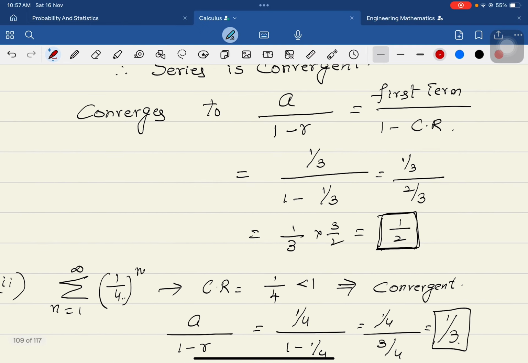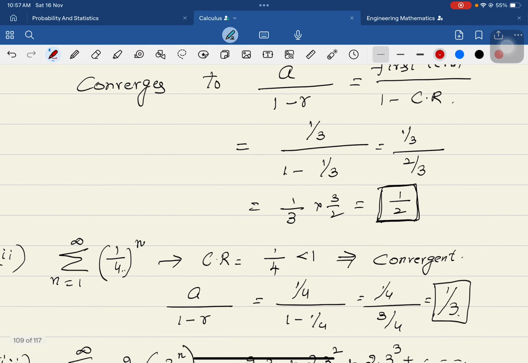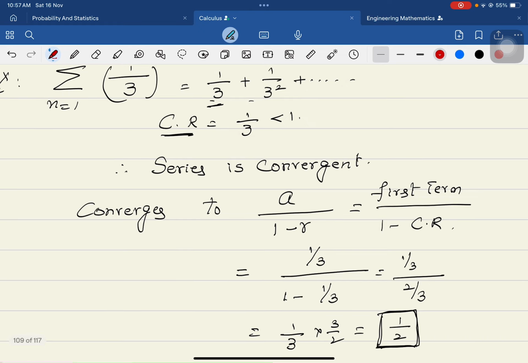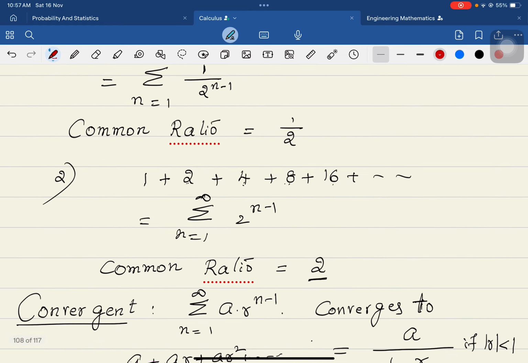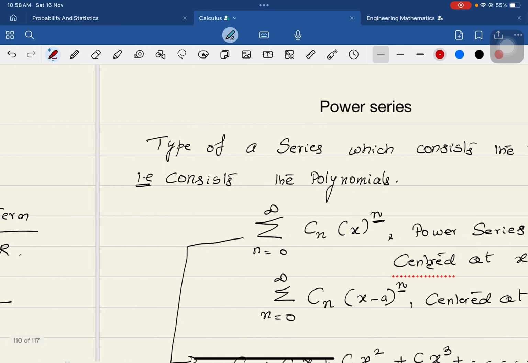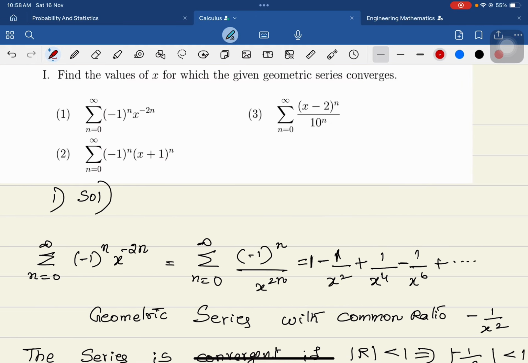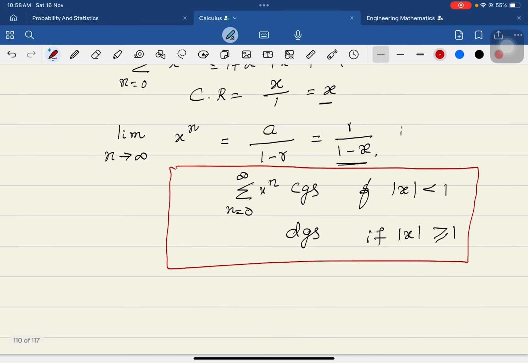As I told you, when you take 1 by 3, in the previous lecture I explained that the series converges when 1 by 3 is less than 1. And if r is the ratio which is greater than or equal to 1, the series is divergent. This I explained in the previous lecture. Just go through that lecture and you will understand. Now let us go to the next series. Whenever the series is convergent, the common ratio given by mod x is less than 1. So let us now